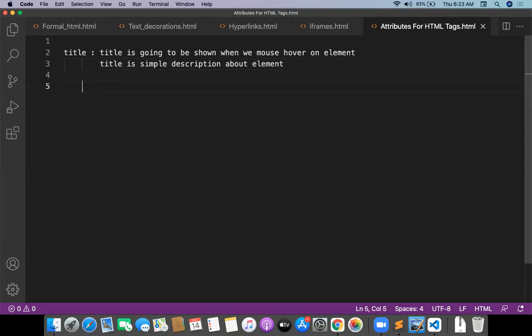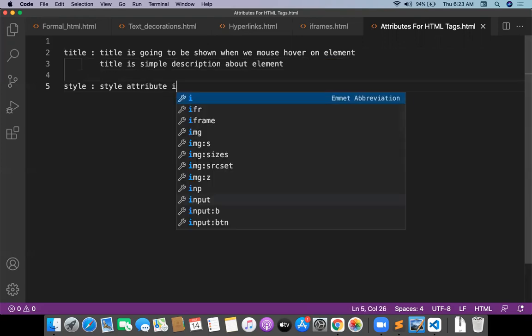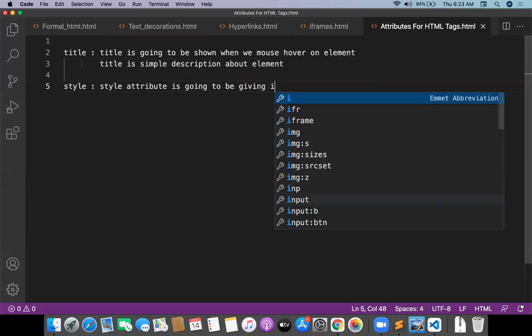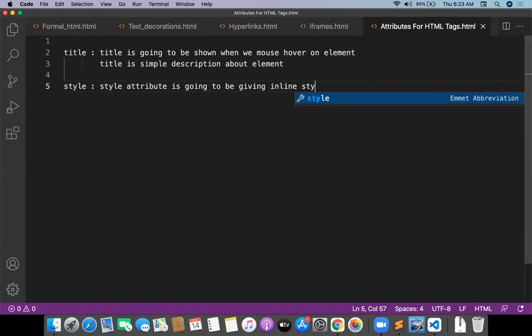The second attribute I'm going to work with is the style attribute. The style attribute is going to give inline style for an element.